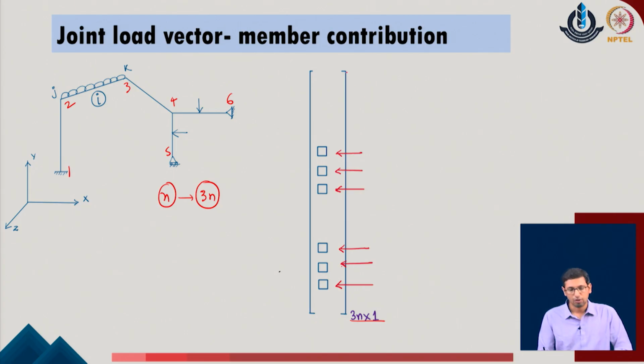That means now I am going to locate the joint load vector, which is of the size 3n cross 1, in which individual components refer to the amount of the joint load contribution in the direction of these degrees of freedom which are defined at each of the joints of the given problem. So, at each joint we have 3 degrees of freedom. So, having n joints, we have a total of 3n degrees of freedom in the system, and at each joint we are trying to define what is the contribution of the load of the given system.